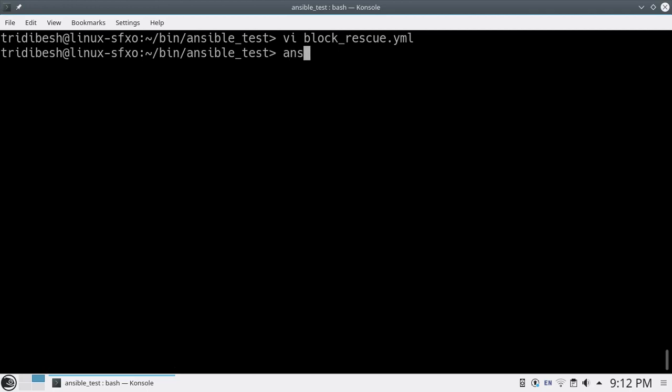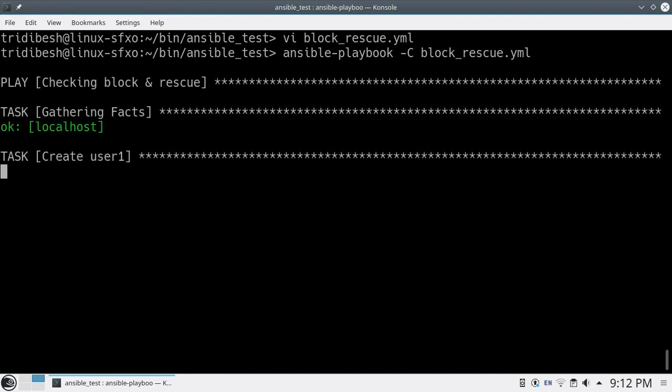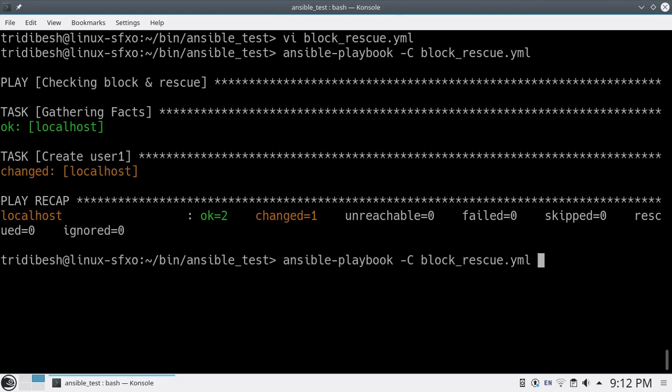Now what happens, if you are doing it like this with block, it will just run that and come out. So do that one, ansible-playbook. I will not actually run it, I will just do a dry run. So you will see this running properly, right? Create user, it says it will create that user.